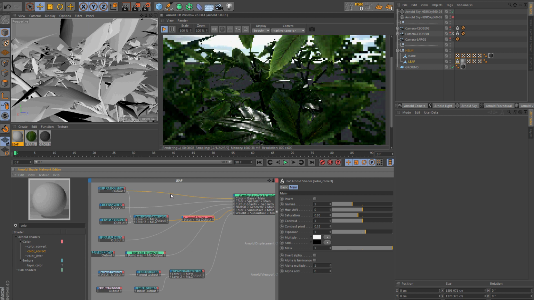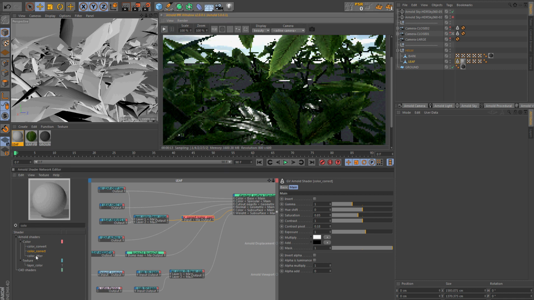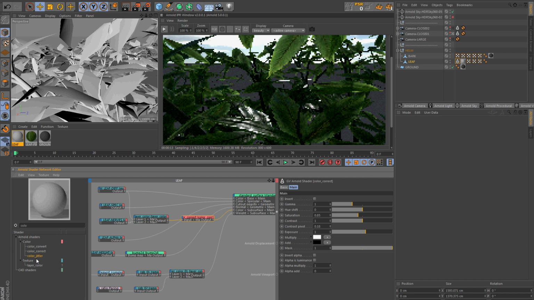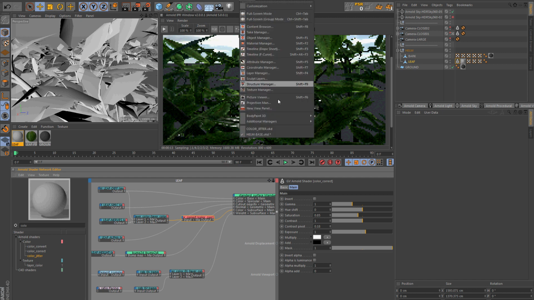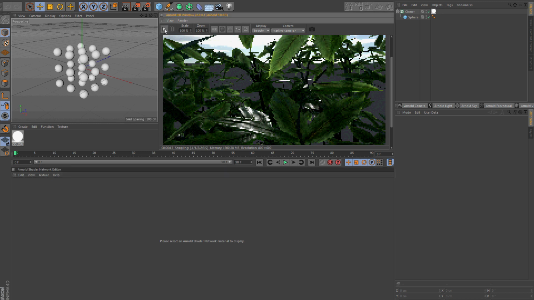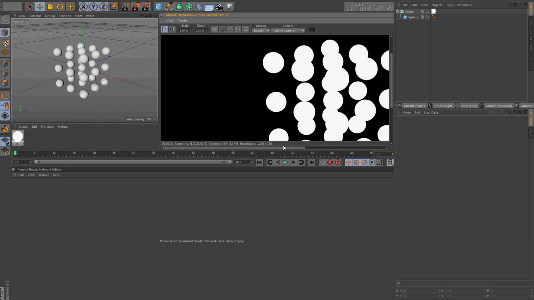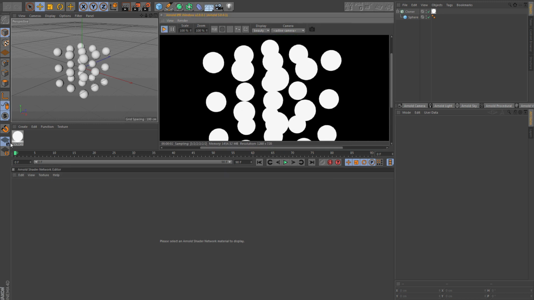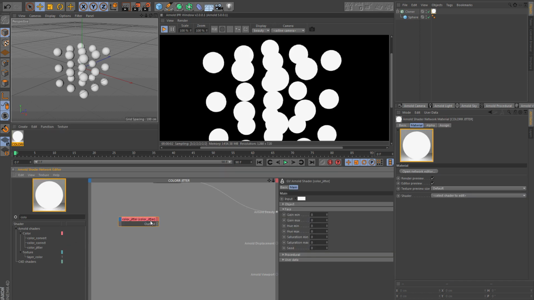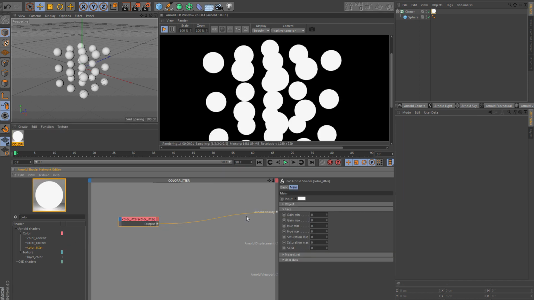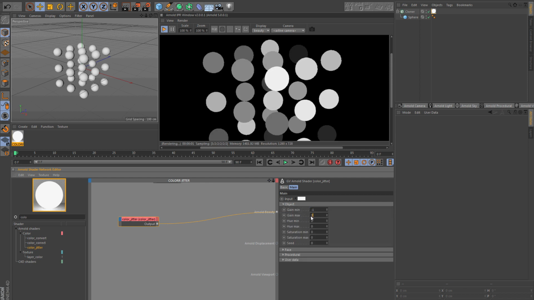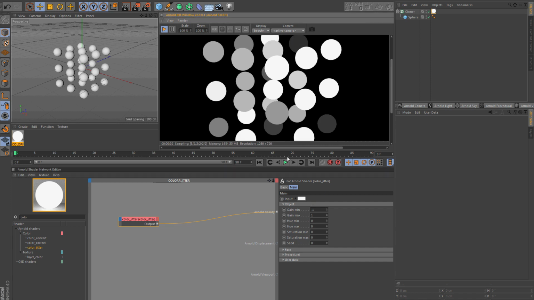The further question is how to randomize my leaf colors. Arnold version 2 has a new node named Color Jitter. But this node only works if each object has a different ID. I will show you in this simple scene. If I set a color jitter and set it to -1 and this to +1, it works fine.